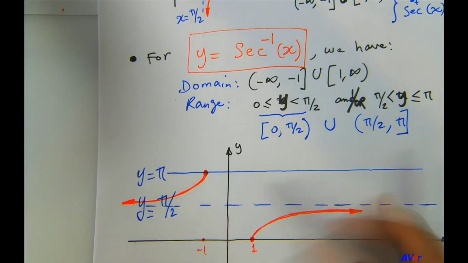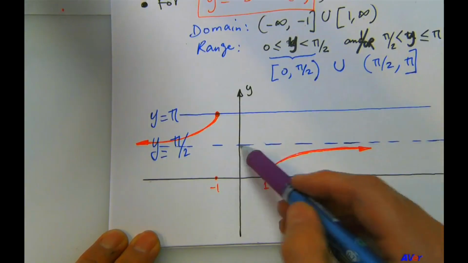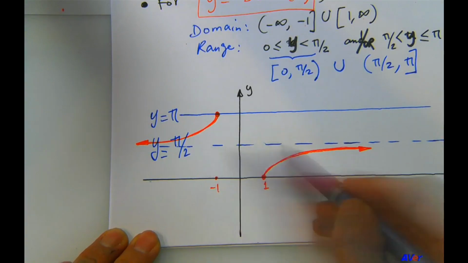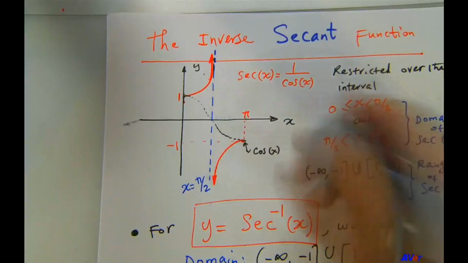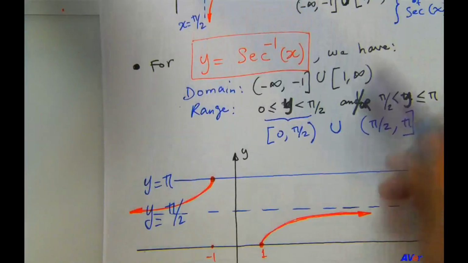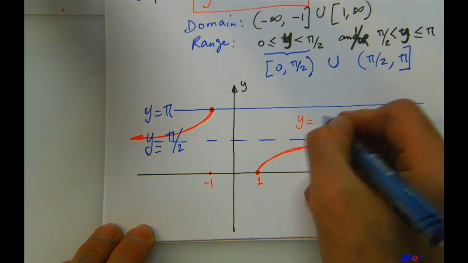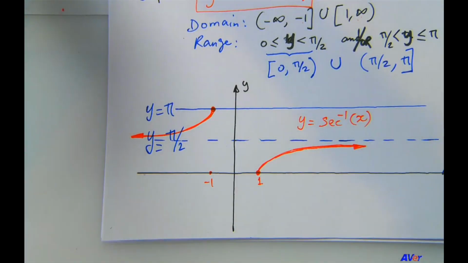That's the domain. And the range, of course, is from 0 to pi over 2, which is an asymptote, in this case a horizontal asymptote, which is the translation of this vertical asymptote now horizontally. And this is from 1 to positive infinity, which is this piece. Okay, so this is the graph of y equals inverse of secant function. Okay, so let's do the inverse of cosecant function.